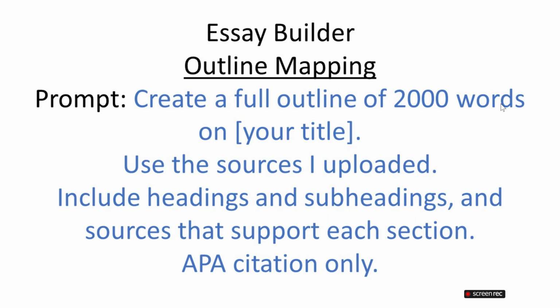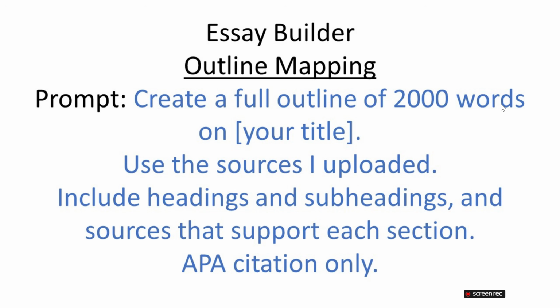Now, the next prompt here is the essay builder prompt. You can tell ChatGPT to help you outline: create a full outline of 2,000 words on a particular topic, using the sources I uploaded. So, number one, you have gotten your sources from ChatGPT. Now, you can load those sources back into ChatGPT. I'm going to demonstrate before the close of this session how you can load some of the information you have generated from ChatGPT back into ChatGPT